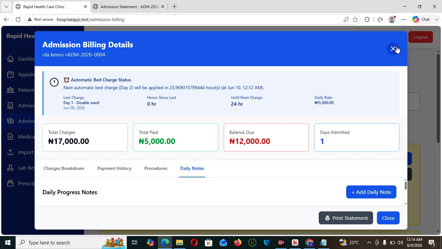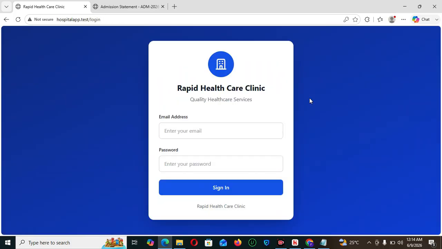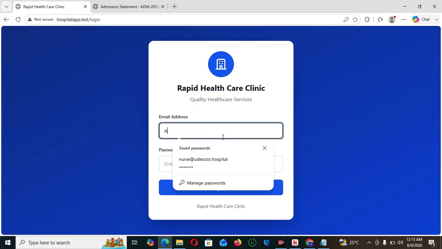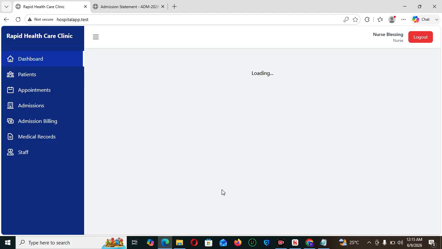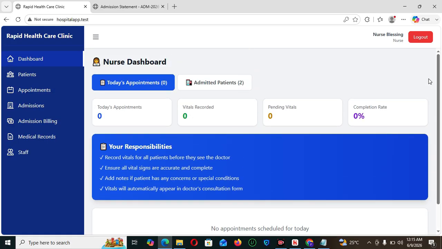So the nurse has written a good note: the patient is stable, we need to continue treatment. So then they keep adding those things. The nurse has their own daily notes. The nurse also has that feature too. Whatever they enter, the doctor can see, but they cannot edit what they can see for admitted